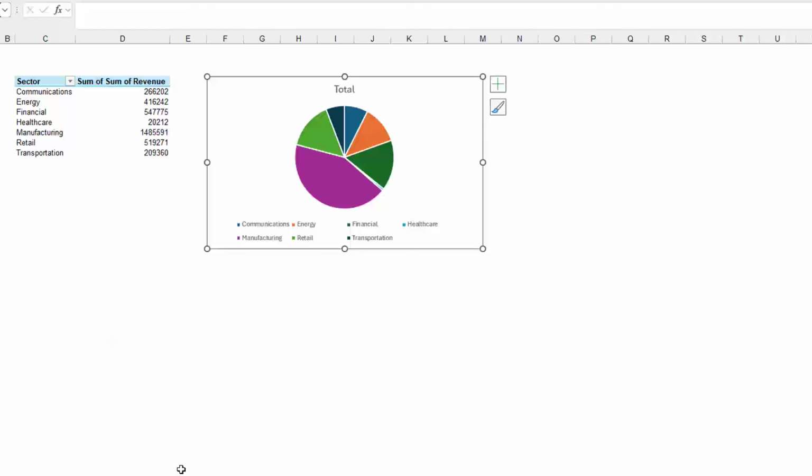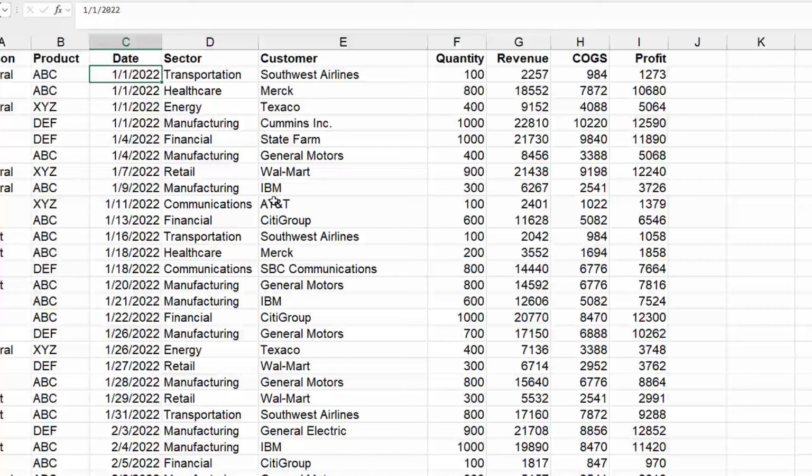There you go. I'm sure over the coming weeks, as I get deeper and deeper into Copilot, I'll be revisiting this and come back and show you some more cool things. I'm sure very, very cool things that we discovered. The one great bit of news here, though, is it no longer has to work on tables. It works on just regular ranges, which is great.